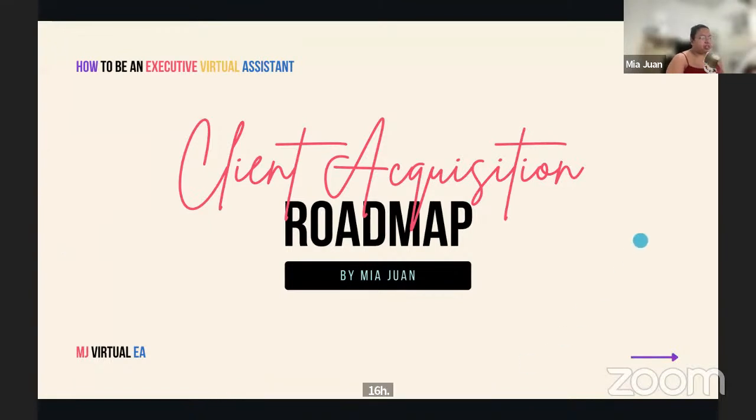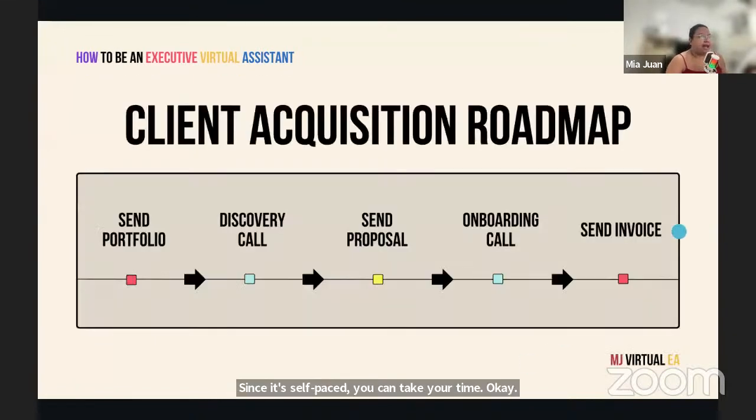Okay, so what is the client acquisition roadmap? This is how it looks like. You will first send your portfolio. Once they connect with you and say that they're interested, then you are going to book your discovery call. And then after your discovery call, based on what you discussed and what you found out that the client needs, you're going to send out your proposal. Okay. And then in your proposal, it should already include your contract,